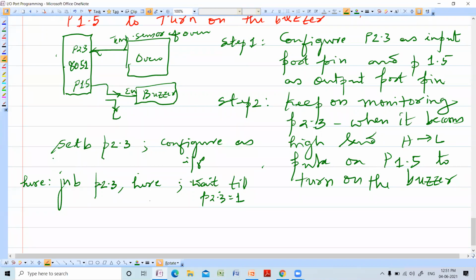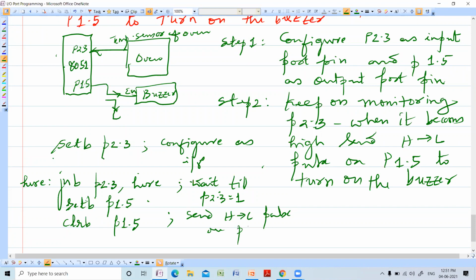So when P2.3 is high, what you have to do? Set bit P1.5, clear bit P1.5. So what is it? Send a high to low pulse on P1.5.